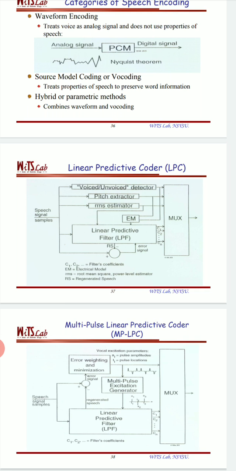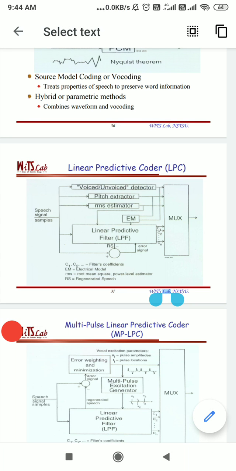So you can see the block diagram for the linear predictive coder, which is a technique we can use in audio signal processing and speech signal processing. It is particularly useful in signal compression, because here we compress the signal but do not reduce our